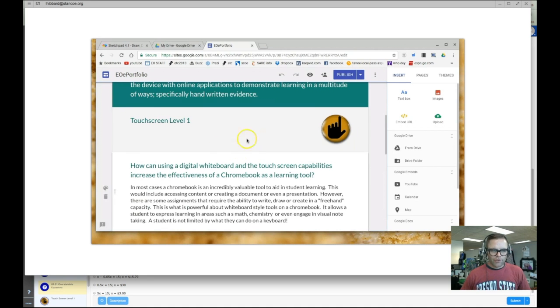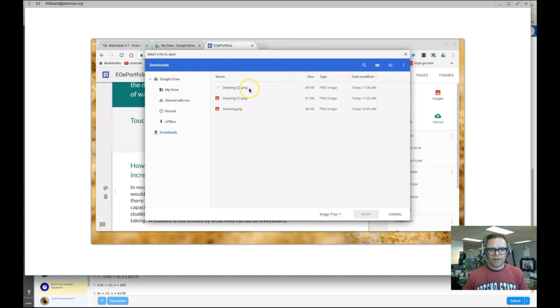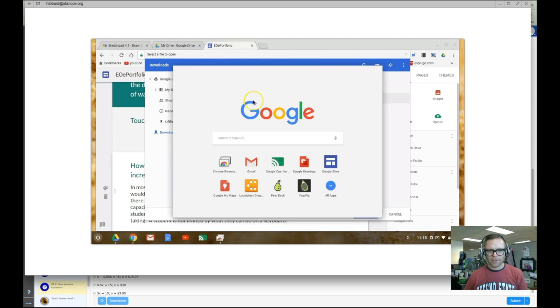And there is my thoughtful reflection that I've already responded to the question from the challenge itself. So where I want those images, I'm going to double click, and this time I've got an upload. So I'm going to choose the upload option, and it's going to go browsing through the files on my Chromebook. Bear with me here for just a moment, and there are my recent download drawings. So I'm going to select these and upload them